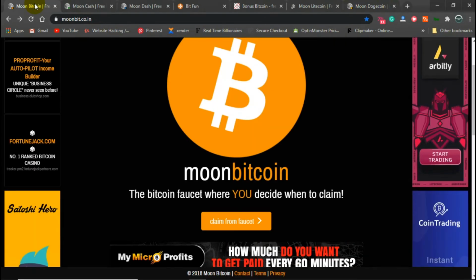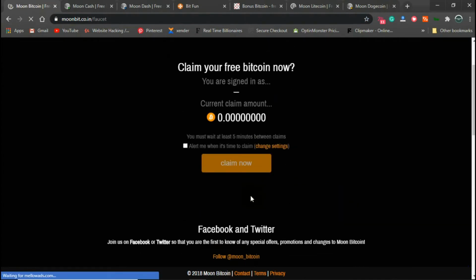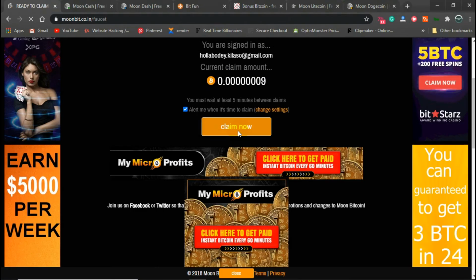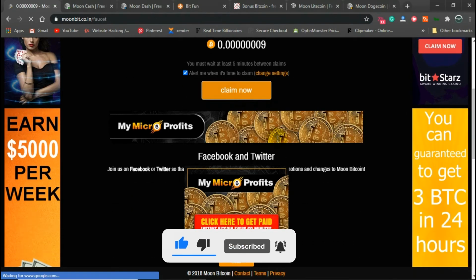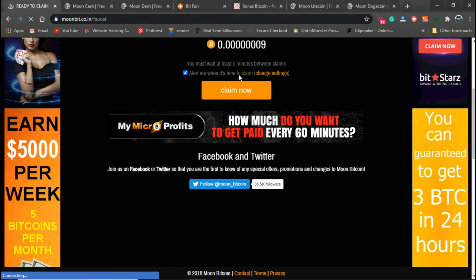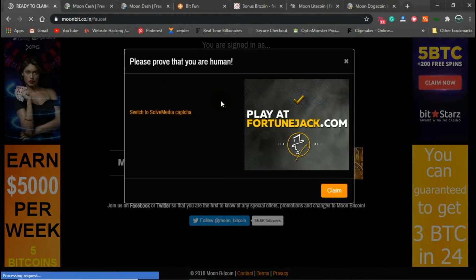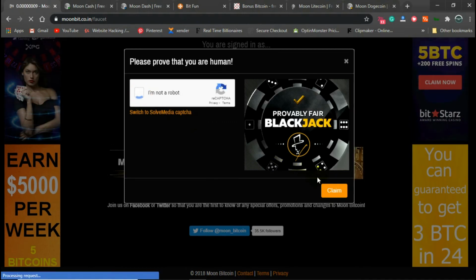So for the Bitcoin, you have to click on claim from this faucet and register with the coinpot address you used and the email and everything. Don't change anything, because everything you claim here will be redirected to your coinpot address. For me now, it's already signed in automatically. So every 5 minutes you can claim from the faucet. Here we do the same thing as usual, so just hold and